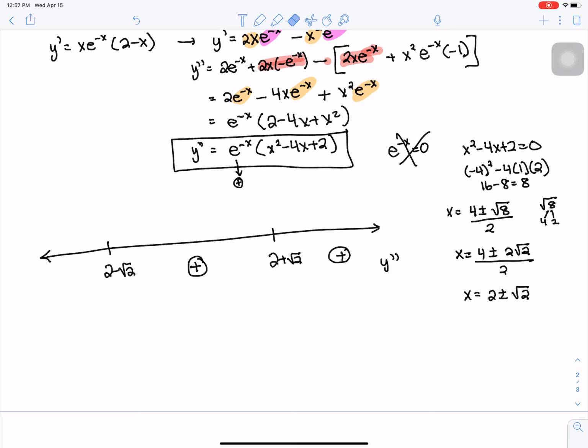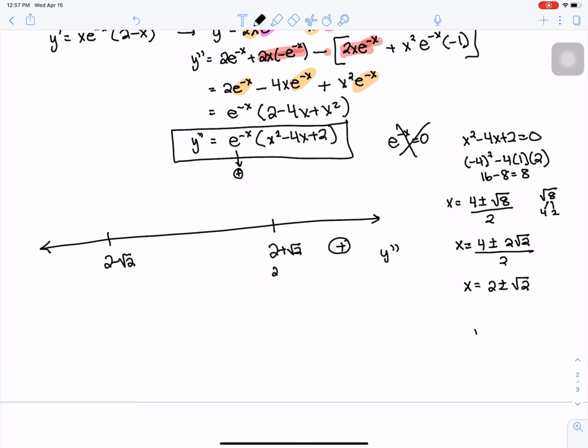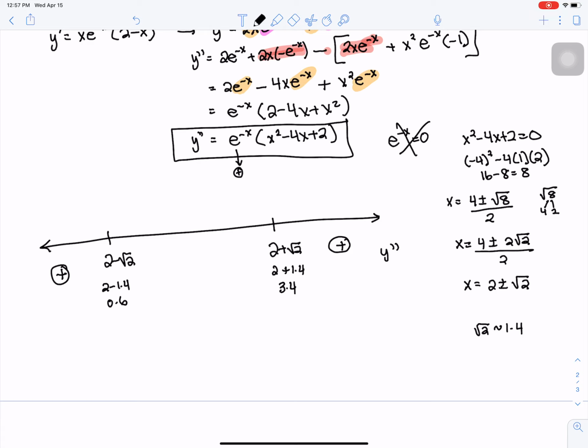Now, you can see I've made a careless mistake here. I can't choose 0 for this because this is 2 plus a little bit. So root 2 is approximately 1.4. So this is 2 plus 1.4, which is 3.4. This is 2 minus 1.4, which is approximately 0.6. So we need to choose a value. The positive for the 0 would be here. My apologies. And then when we choose a value like 1 and sub it in, I get